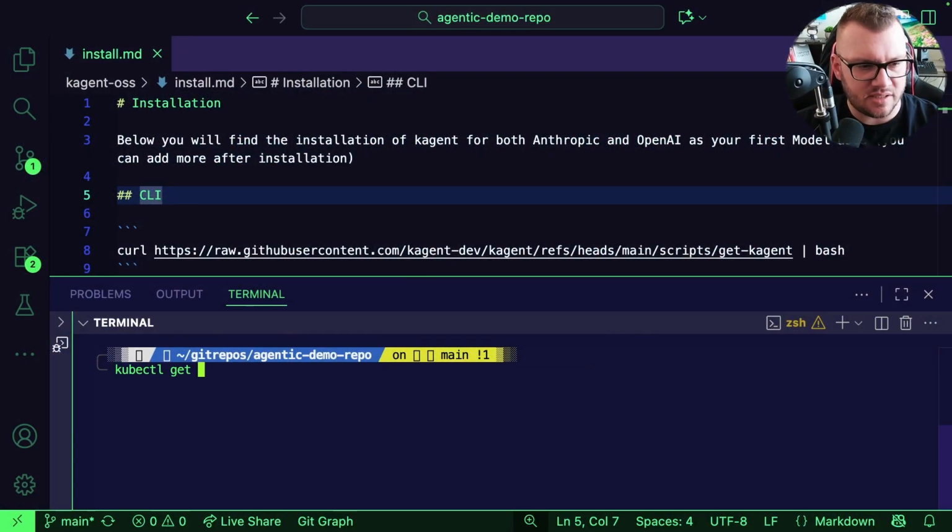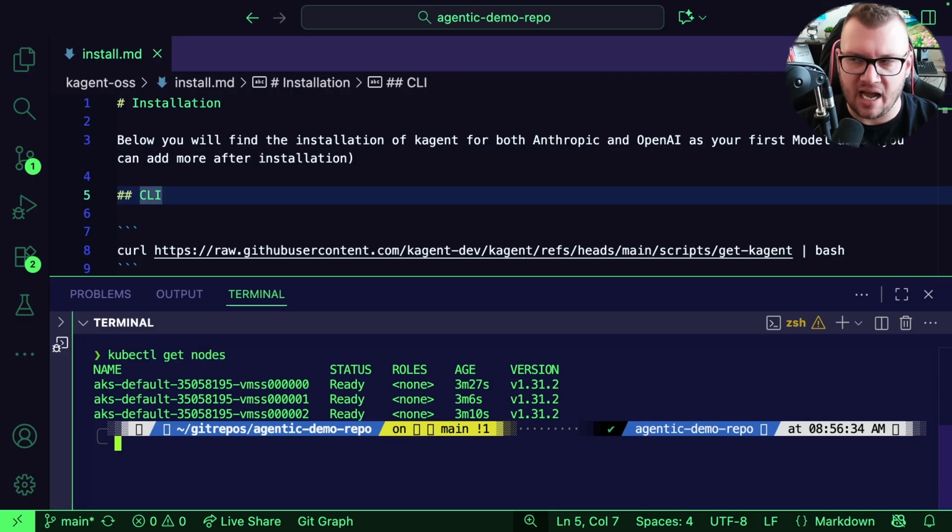In this video, part 1 of this series, we're going to dive into the installation and the configuration from a UI perspective around all things Kagent. For my environment, just to showcase this, I'm running on an AKS cluster, but I've tested this on AKS, EKS, GKE, and Kind. I forget if I've done it on Minikube, but point being, I've done it pretty much everywhere, and I haven't seen a situation where I couldn't run Kagent. So you should be good wherever you want to run. But if you do run into any issues, let's say, hey Mike, I tried it with Kind with X amount of resources and memory, just let me know in the comments, out of sheer curiosity, and I'll see if I can help you out.